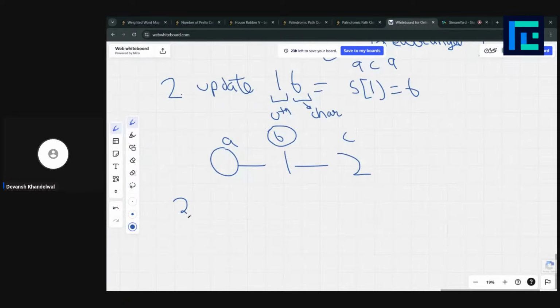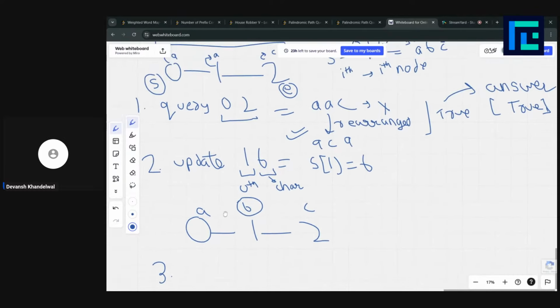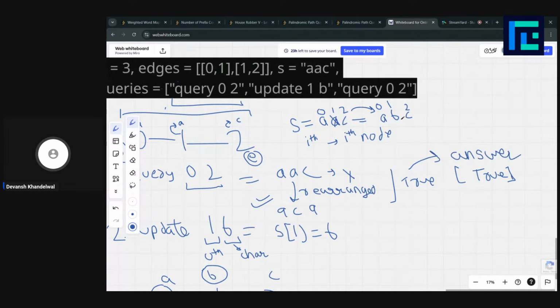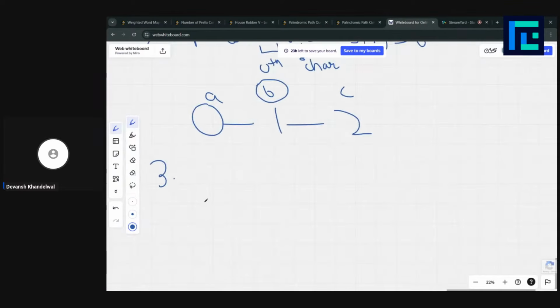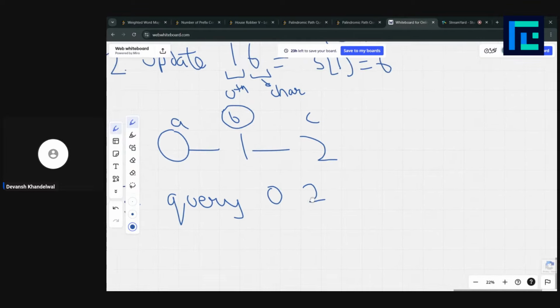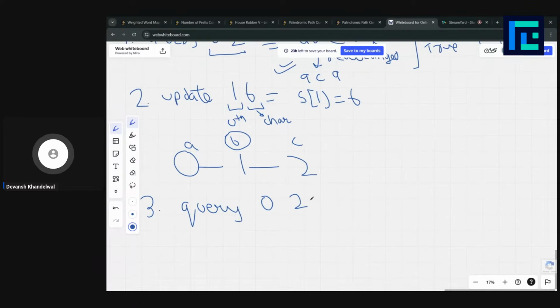Now we'll move towards the third operation, which is query 0, comma 2, which is again the same one. That means, can all the characters from the part which starts from 0 and ends with 2, what are all the characters, A, B, C, can they be rearranged to a palindrome?